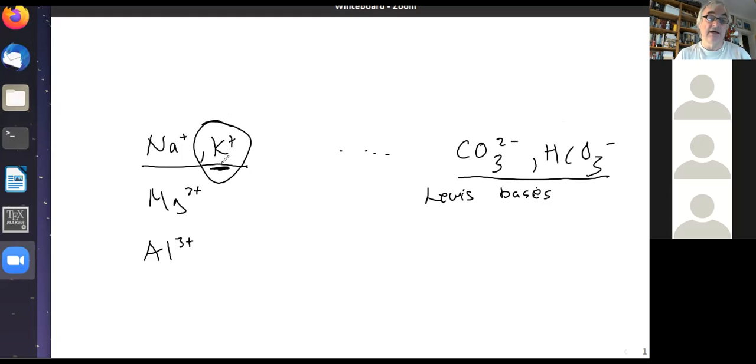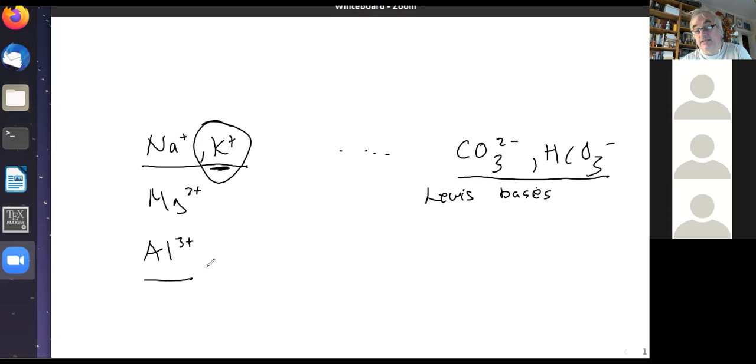So thus, I think one may term these potassium and sodium ions as alkali cations, because you find them in environments which are on the whole alkaline, due to the fact that they don't come alone. They come with some counterparts that are negative and strong bases. Whereas